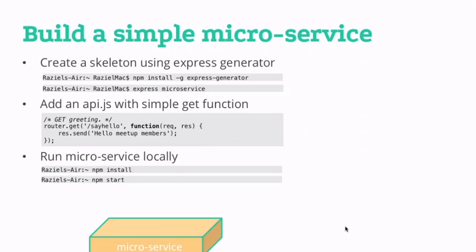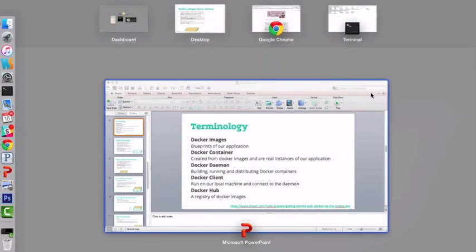The next step will be, let's create a very simple microservice application, and we're going to do that using Express and run it, test it before we port it into the Docker container. So let's go back to the terminal,